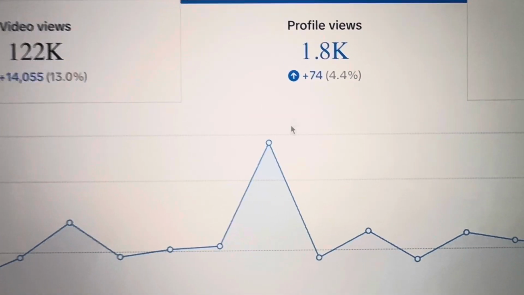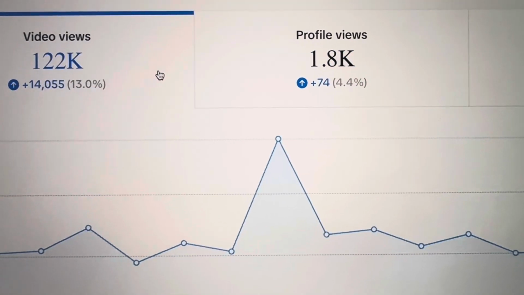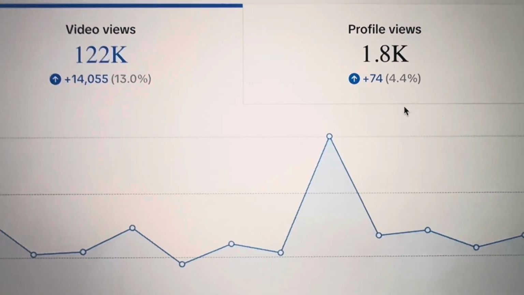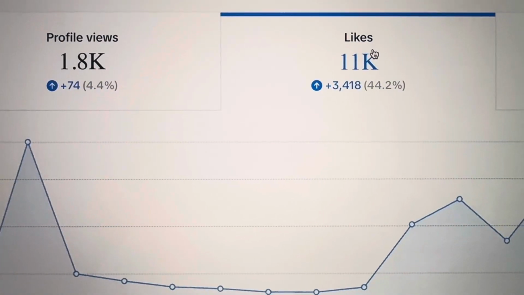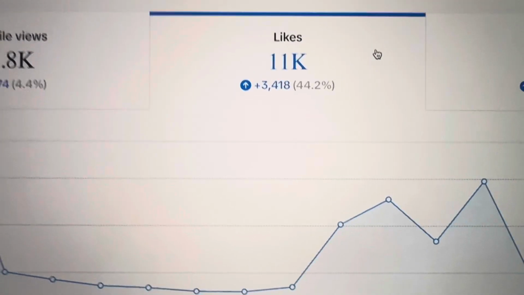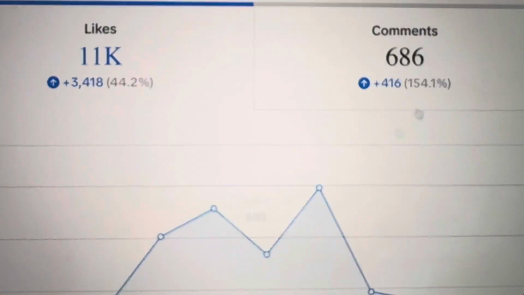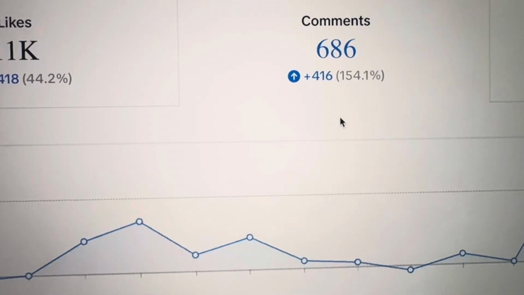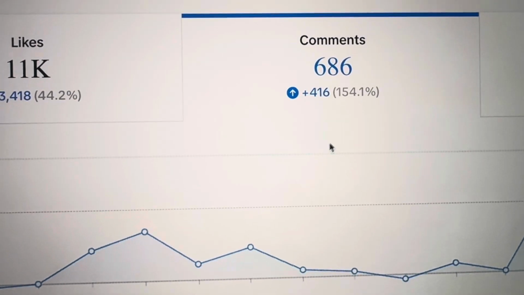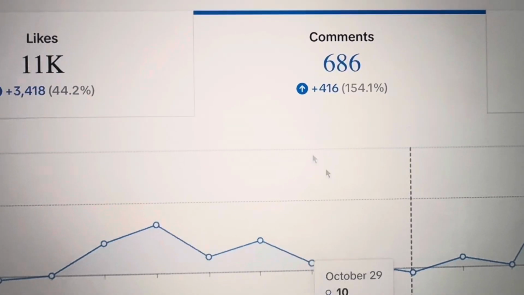All right, I also run Google pay-per-click ads, Facebook ads, but in this case, as you can see, it's all from TikTok traffic. It's paid traffic and free traffic, organic traffic combined. Why? Because as you can see over here, look, 686 comments, people are engaging. So if you're not a lazy person and you have 5 minutes in a day, yes, you can leave affiliate